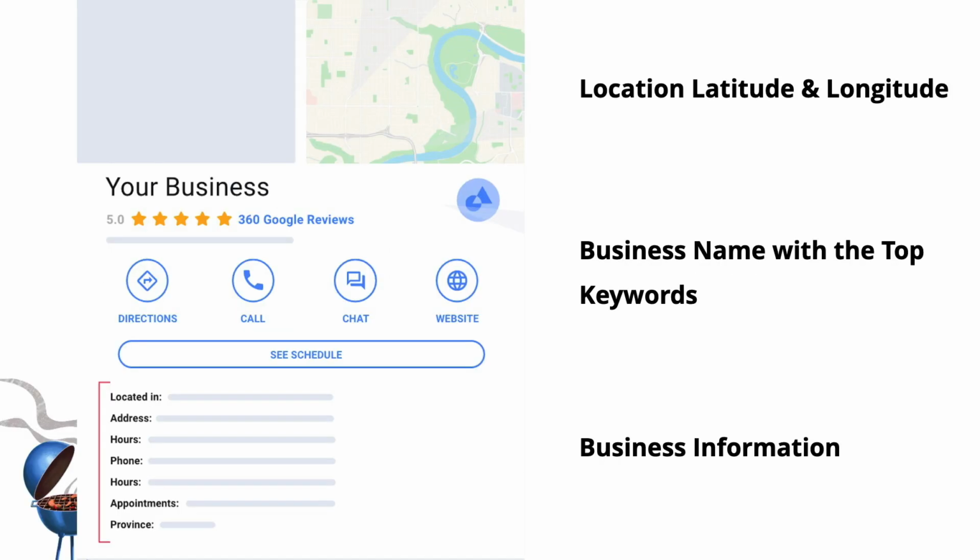The first and foremost thing is you have to update your right latitude and longitude. That is more location-centric, because these days customers search for businesses on CarPlay, that is Apple CarPlay or Android Auto. Make sure that you update your information, a business name with a primary category. And the third most important thing is you have to update all the information, be it an appointment link or images and whatnot, on Google Business Profile.